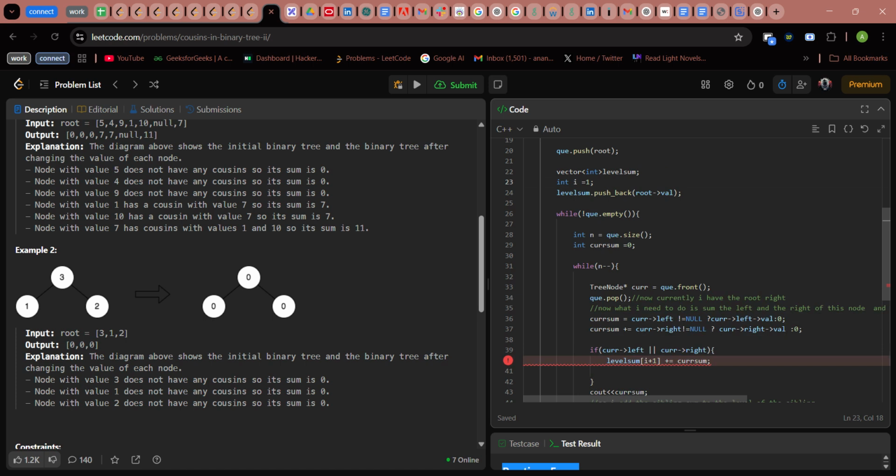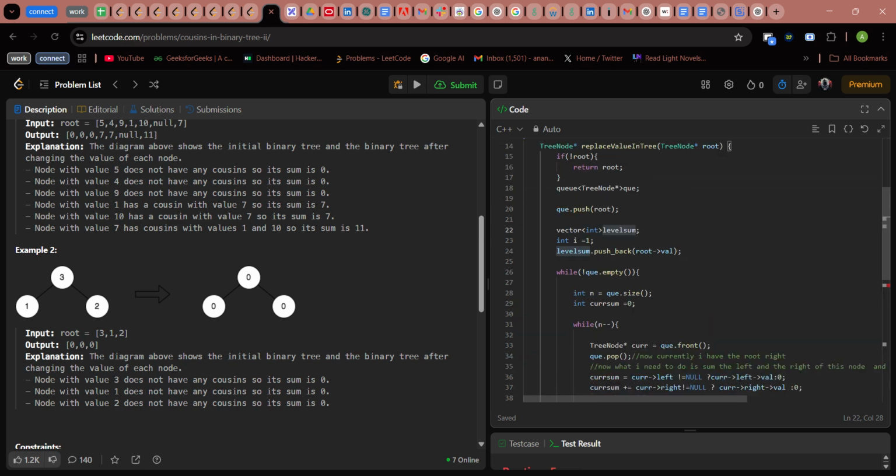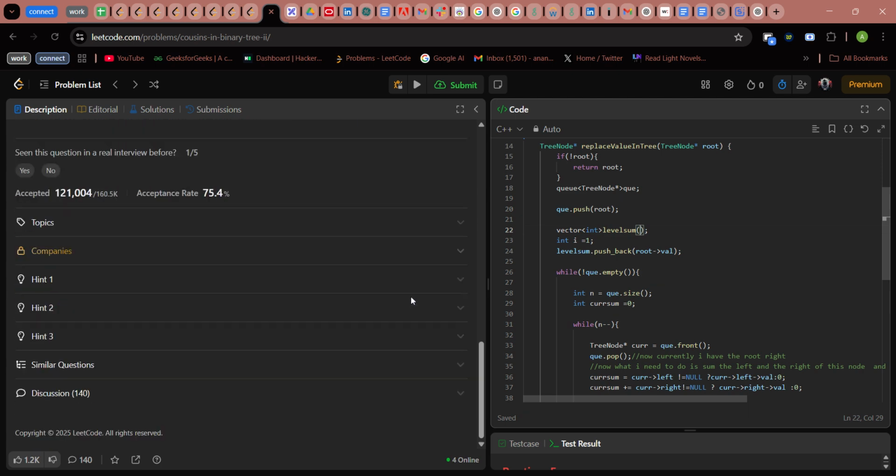I can create a large vector for level sum. I can just say how many nodes are in the queue, right? Need to calculate the tree size for that